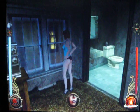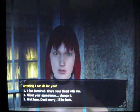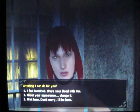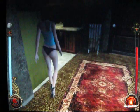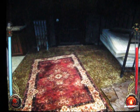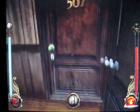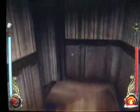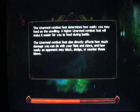And, well, hey, now that is a surprise. Anything I can do for you? Well, let's see, the dog collar and your underwear, that is definitely something. Okay. I like it dark and gothic. I actually like the heels, they're a nice touch, but I liked the regular look better originally, honestly. You know, the whole nerdy redhead geek girl thing, it's a thing. And actually, I wonder just how quickly she changes. I mean, she does have to get dressed, but